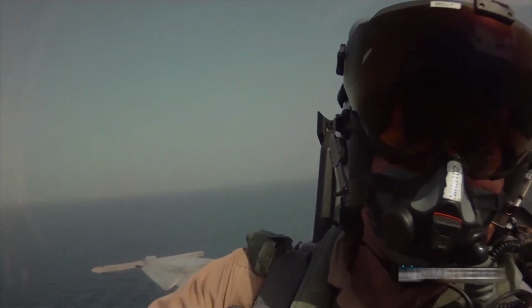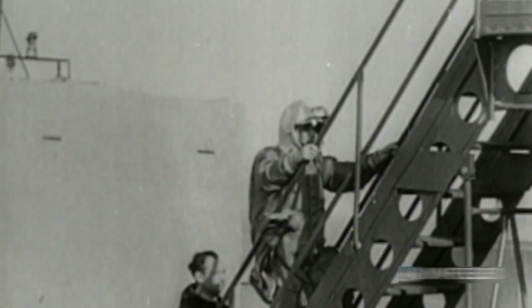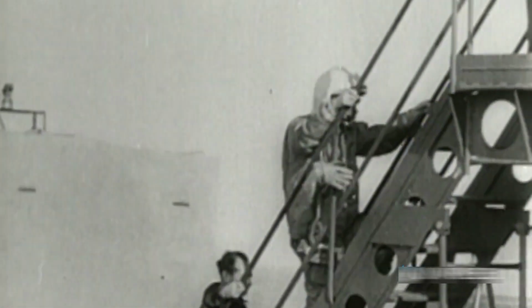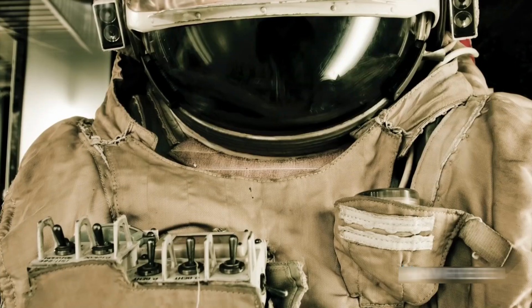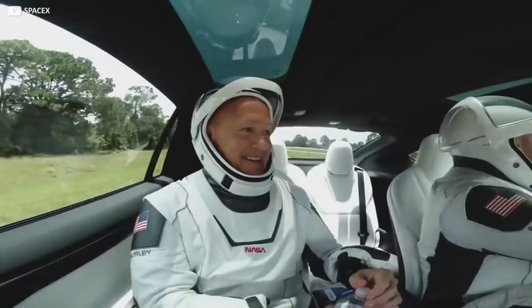For NASA's next Artemis mission, which intends to put men on the moon by 2024, the agency is developing more sophisticated spacesuits designed for the lunar surface. If all goes according to plan, the agency will test the lunar spacesuits on board the International Space Station in 2023. The suits used by SpaceX are also different from those used by astronauts on Boeing's Starliner, the other